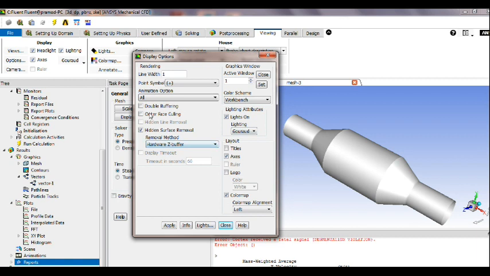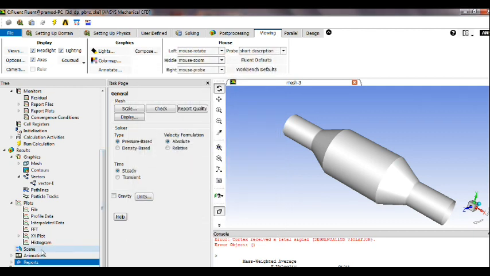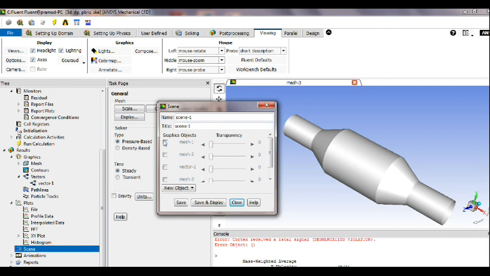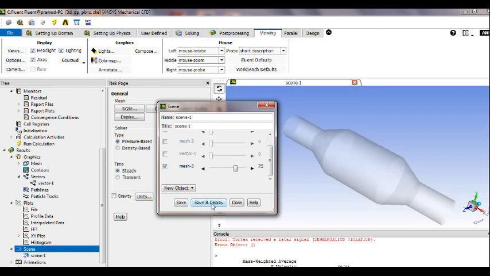Just deselect this double buffer and keep light on and apply. After that we'll go to the scene for the transparency purpose, and here select the mesh 3, which is created just now, and here we'll set the transparency. Now you can see,